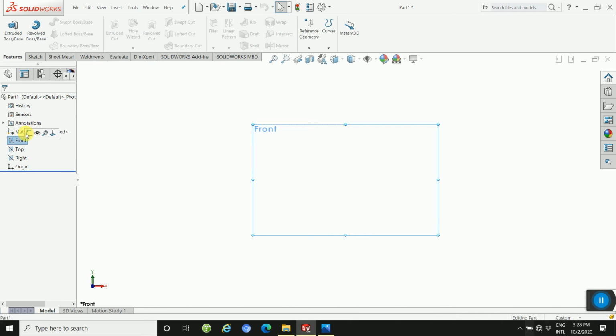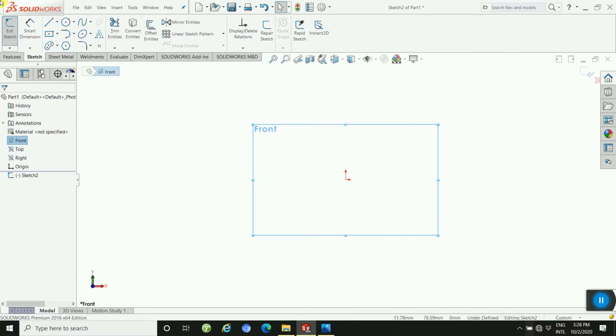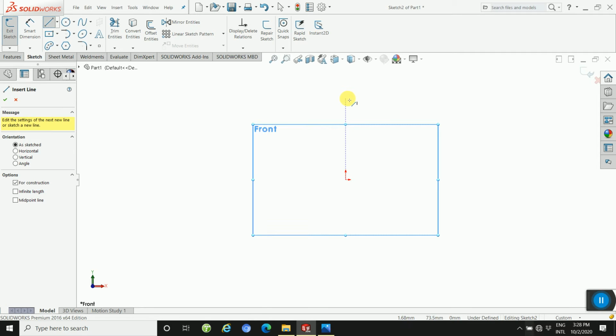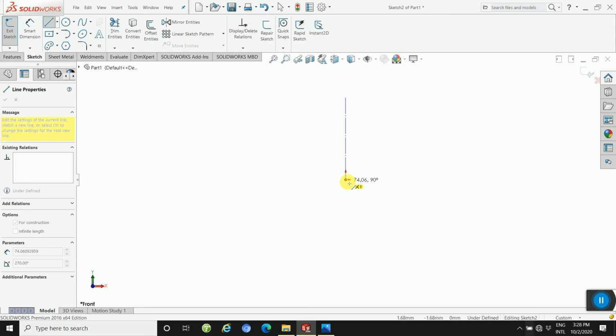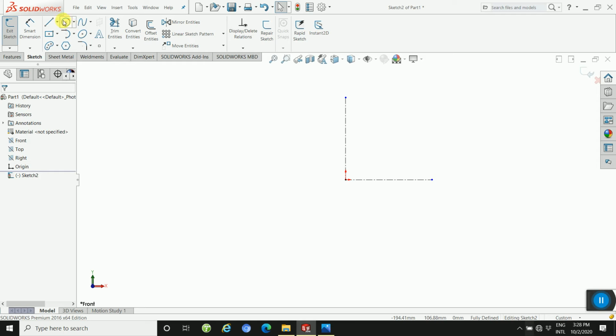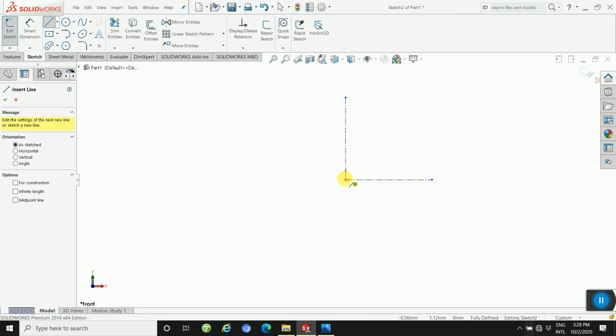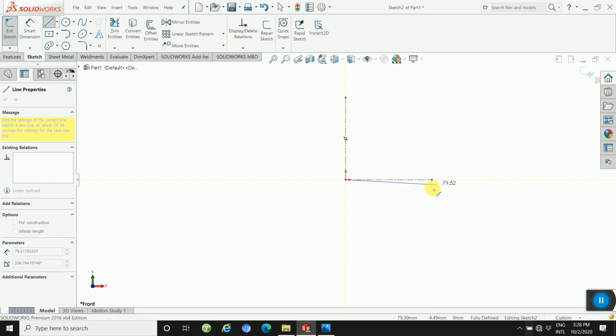First take a plane and then first draw a center line. This is the reference line. Second point I will explain: make use of the origin in your first sketch this way, and then the relationship will be applied by default.